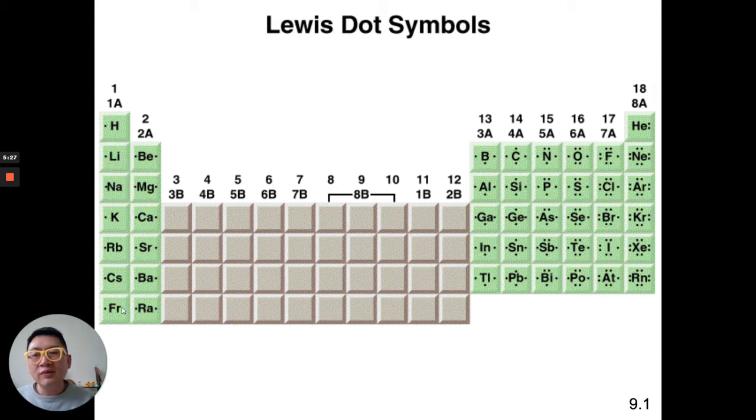Group 1 has 1 valence electron. They will be represented by 1 dot. Group 2 has 2 valence electrons. They'll be represented by 2 dots, 3 dots, 4, 5, 6, 7, 8. The exception to that is helium. Helium only needs 2 because there is no 1p level. That's the reason why. We're only going to do representative elements or noble gases, but definitely we don't include transition